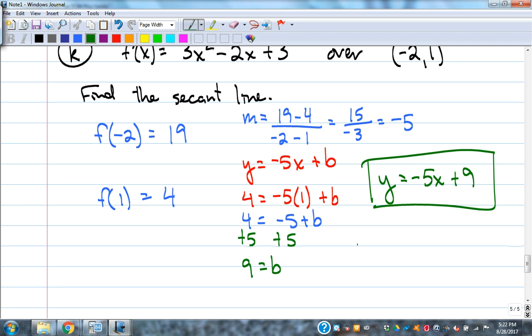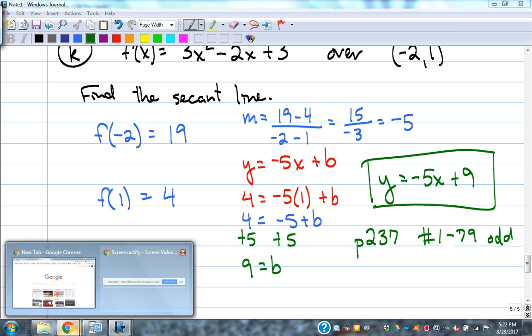All right. Problems for this section would be 237, 1 through 79, any of those. I don't really suggest doing all of any of these that I've suggested. I'd say do a few from each. They're like subsets. Do a few from each one, maybe one at the beginning, the middle, and the end of each one. And if you have trouble with a section, you check it in the back of your textbook and you have trouble, then go back and do some more of those and try to practice some more on those. Definitely email me questions if you have them for this particular